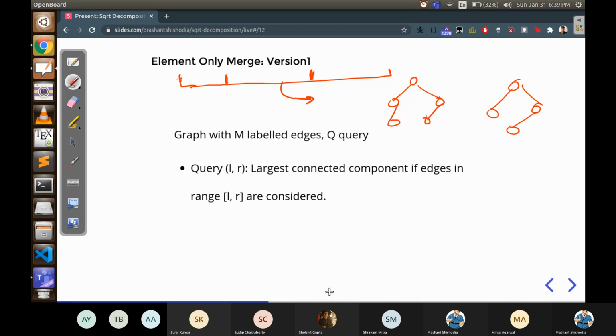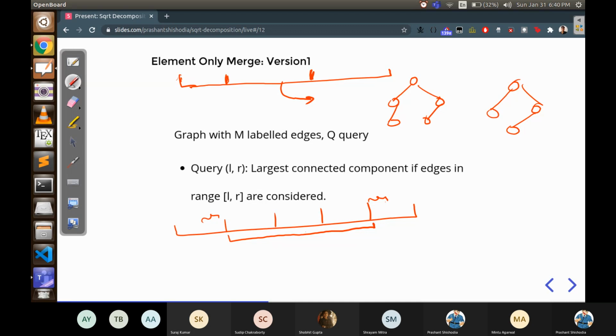So here you are given a graph and q queries, and for each query you have to find the largest connected component in that range using edges of that range. Can you think of a solution using what we just discussed? Suppose I pre-computed the graph for all possible ranges. I broke it down into blocks, and I computed the answer for each block pair. So I have the answer for this, and I have to extend it only a little here and a little there.